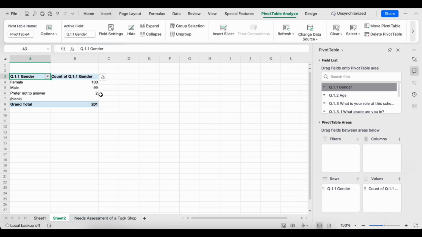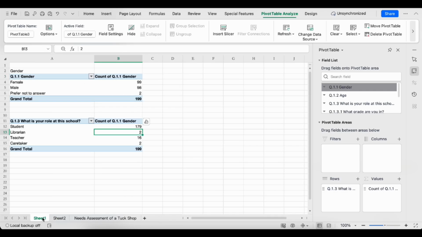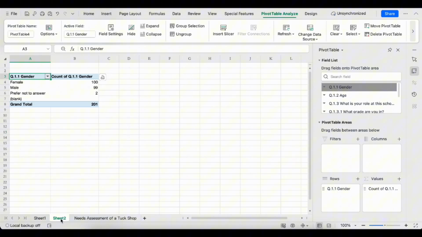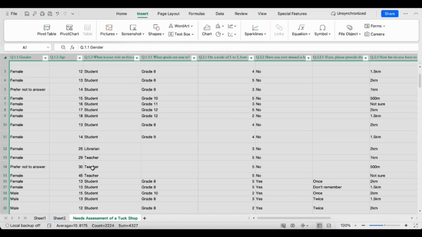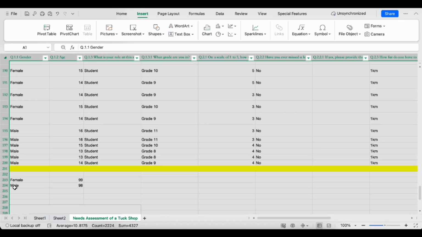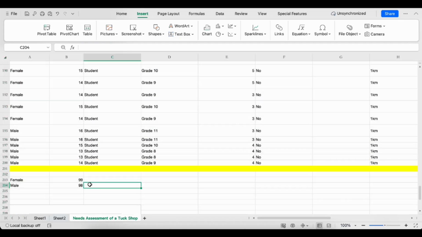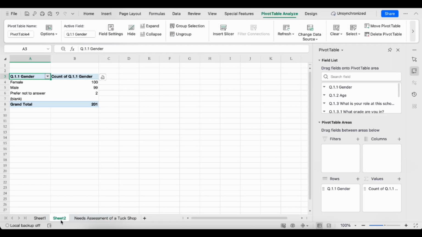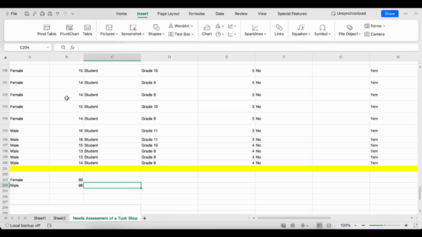Even the male count has increased, because we actually did calculations here. So everything that appears under the yellow line is being taken into consideration here, because what we did was highlight our